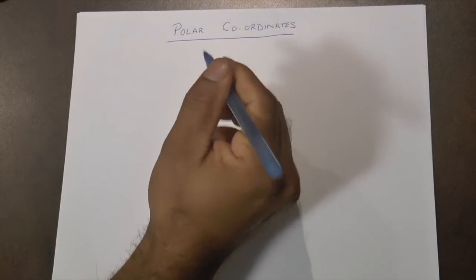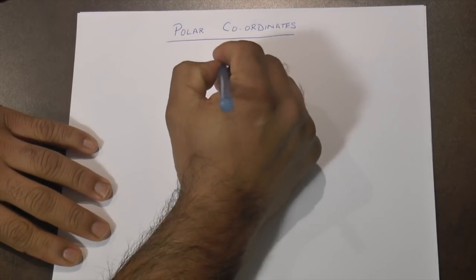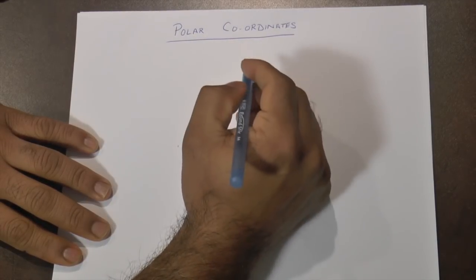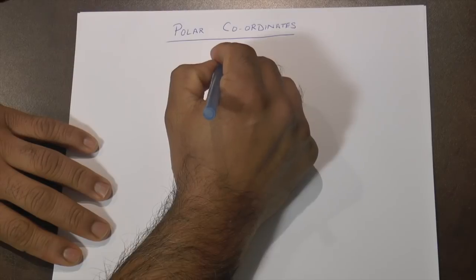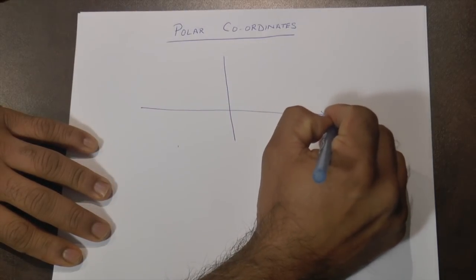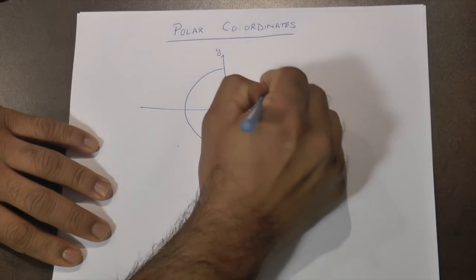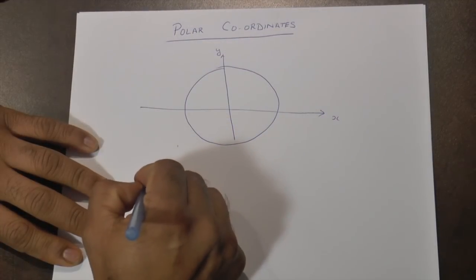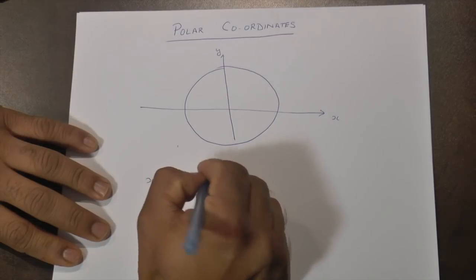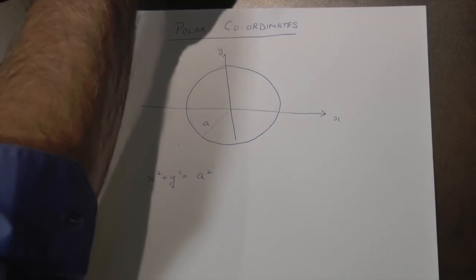Hi everyone. In the quiz, I had asked you to calculate the area of a circle using either polar coordinates or symmetry with integrals. And what many of you have done in class was, let's say if I have a circle over here, you know that the circle equation is given by x squared plus y squared is radius squared. Let's say the radius was a. Now many of you have done it correctly